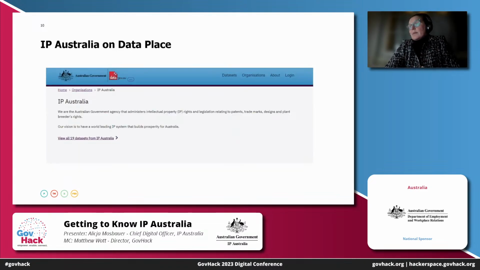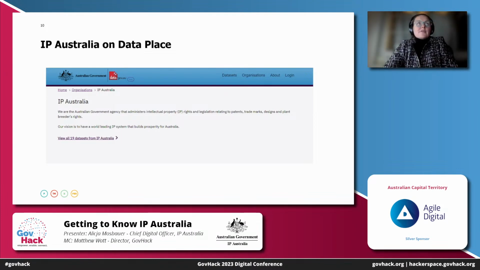IP Australia, we've got 19 data sets available currently on data.gov. And these are data sets that we've been curating for a large period of time. And we're actually looking at, in the next few weeks, publishing an updated version of some of our data sets, which is really exciting, because fundamentally we collect a whole lot of public data, and it's fantastic to see that we can make it available. And we know from both this particular use case, but also from the work that we've been doing with the ONDC and the day-to-day interest that we have from other organisations across Australia, that there's a whole lot of use and value in the IP rights data system.